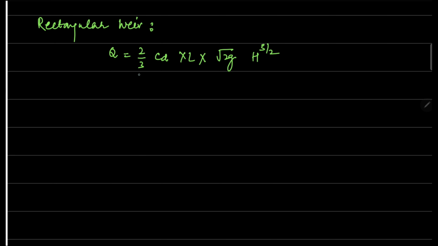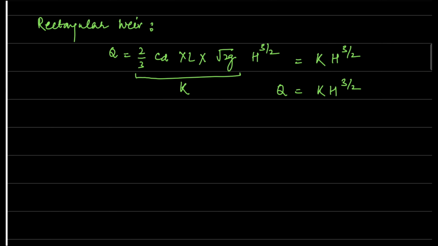So we can say that this particular term is just a constant. Let's write it as k, a constant, so Q is equal to k h raised to the power 3 by 2, and